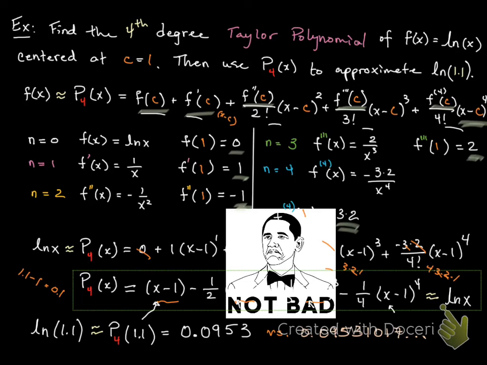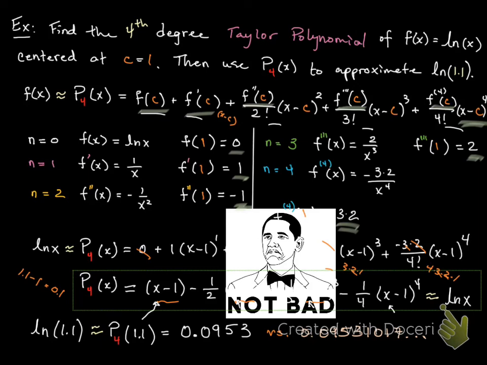This wouldn't be so good if I were to approximate like natural log of 12, right? That's very far away from my center. So the further you are away from your center, the worse the approximation gets, right? So I wouldn't want to approximate natural log of 12 by using a Taylor polynomial centered at 1. That doesn't make any sense. I would center it at 12 or something else. Center it at 11. Something I know about. So in general, the Taylor approximation is good near your center,